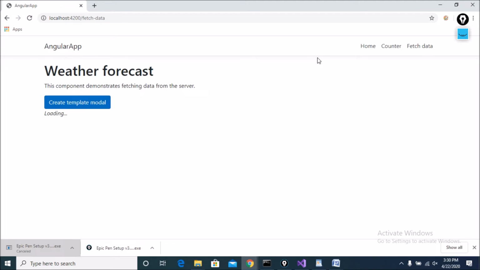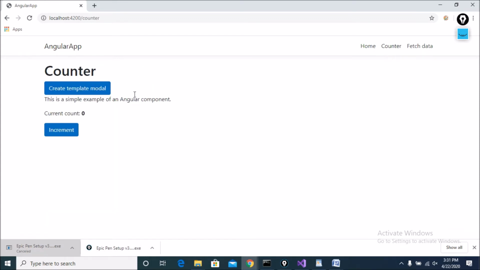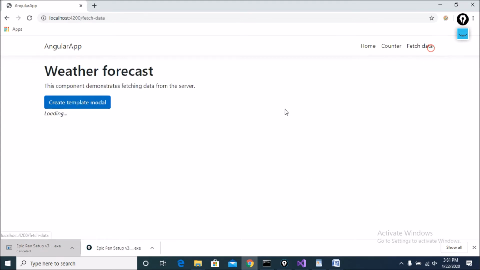That means I have now created a generic component, and I use that component in different parent components: the home component, as well as the counter component and fetch data component. That means a generic component.